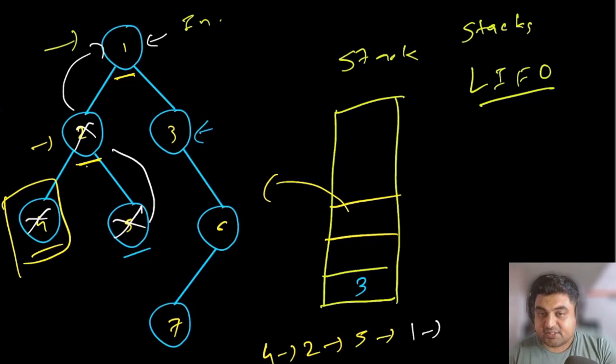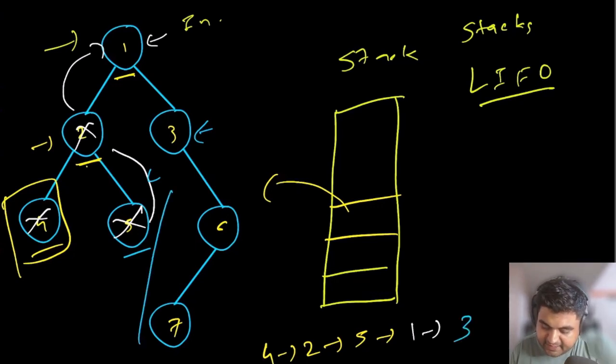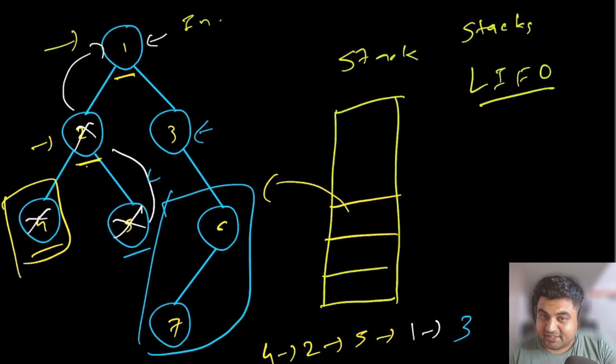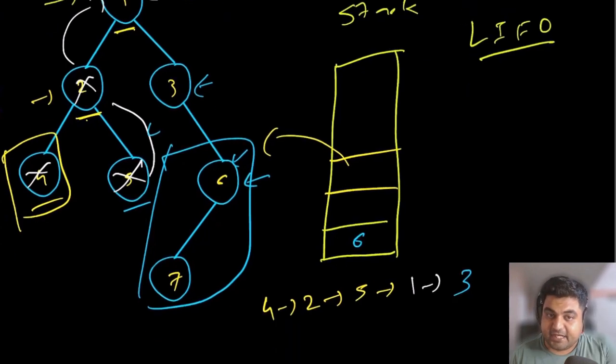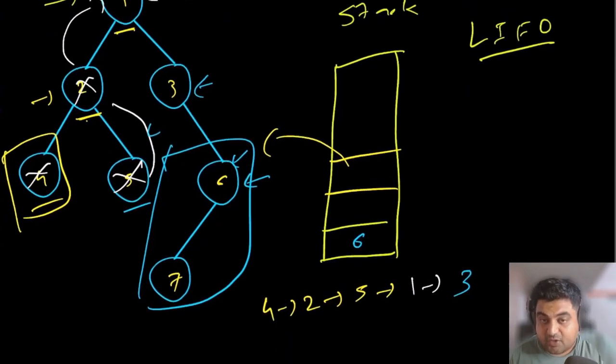And even for this node number 3, it does not have a left child. So we are able to pop node number 3 out. After popping node number 3 out, we still haven't taken care of the right child, or right subtree. So again we are going to push node number 6. After pushing node number 6, we are going to check whether node number 6 has any left child or not. Yes, it does. So because there is a left child, we will have to do a push operation. So we are going to push node number 7.